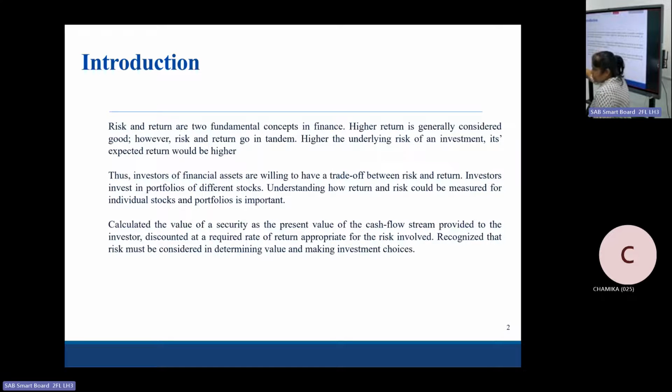So you calculate value by discounting, using a discount factor. This discount factor reflects the appropriate required rate of return for that particular risk level. So the higher the risk, the higher the required rate of return, the discount factor. Recognize that risk must be considered in determining value and making investment decisions. So this is a brief introduction. Then we are going to